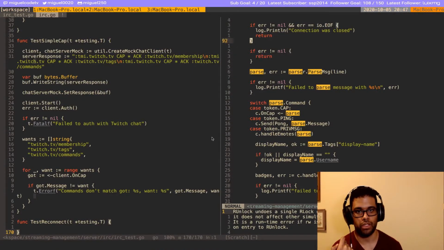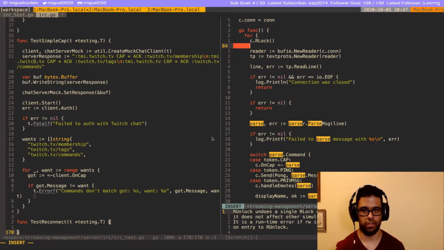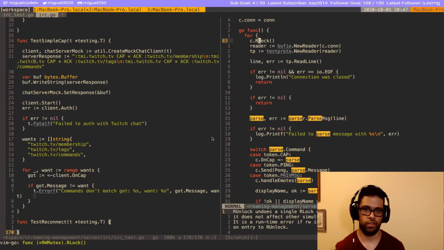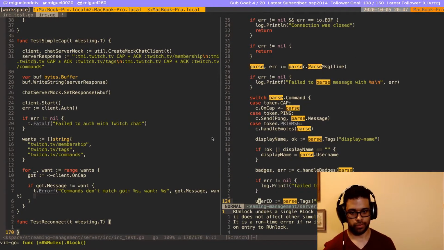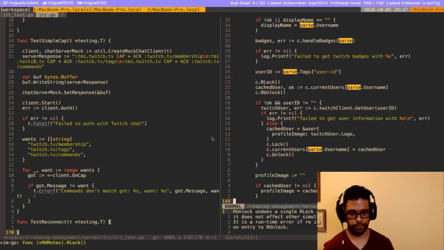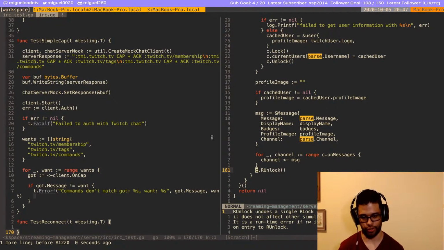So we are taking a lock. This line here is going to take a lock. Every time that we start reading a message, we're going to take a lock. Then we are going to release a lock here, after we send the message to all the channels.